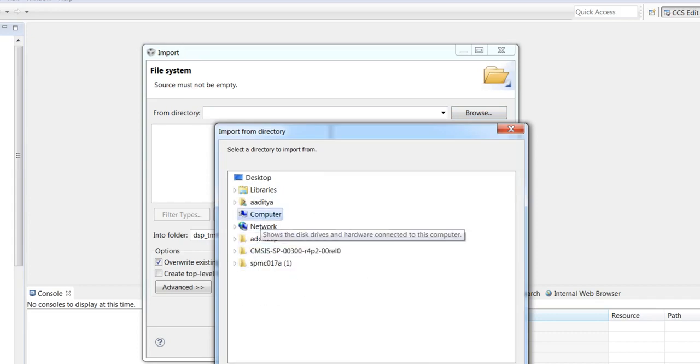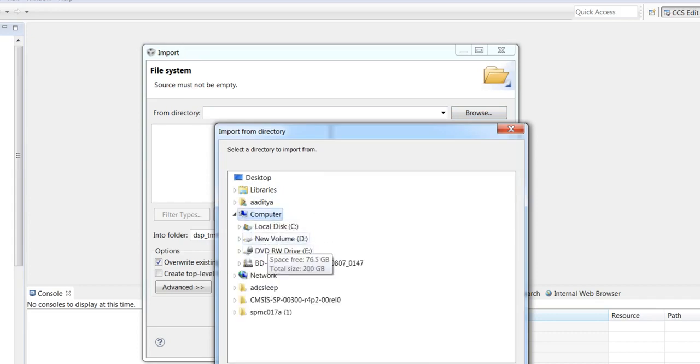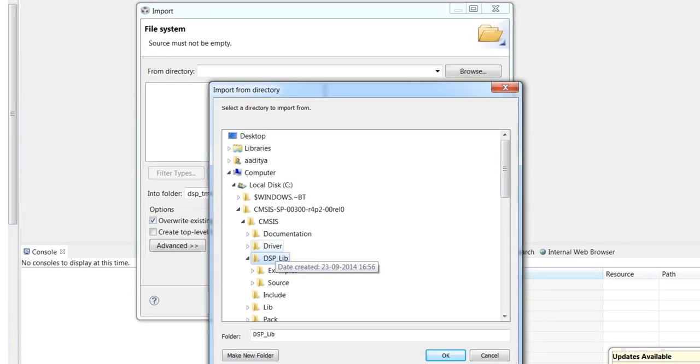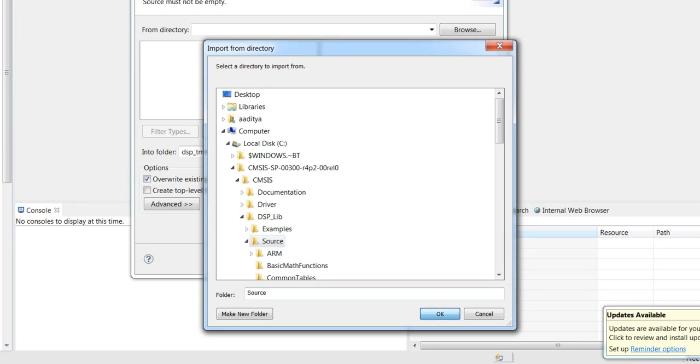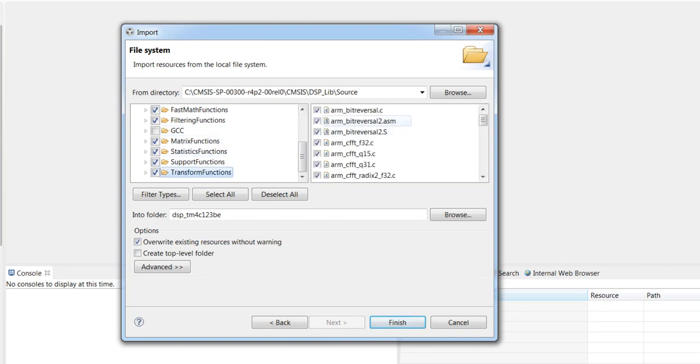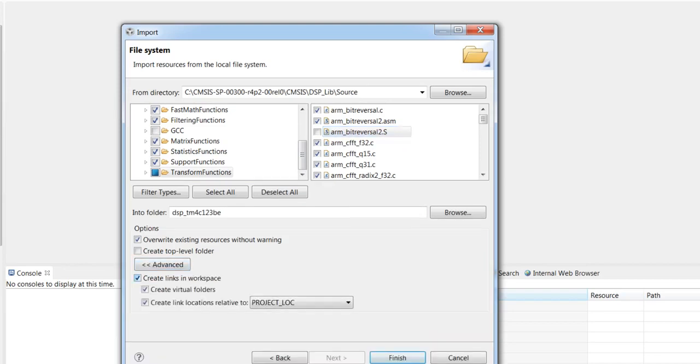Okay, this is the computer, and see CMSIS DSP library and then source. Select everything but deselect ARM and GCC and, in the transform function, the ARM bit reversal .s file. Okay, and then advanced options, click on create links into the workspace,